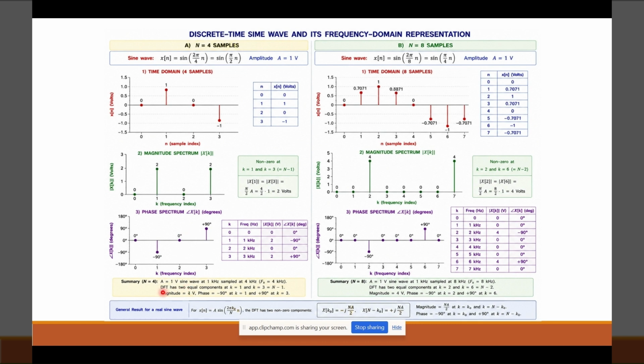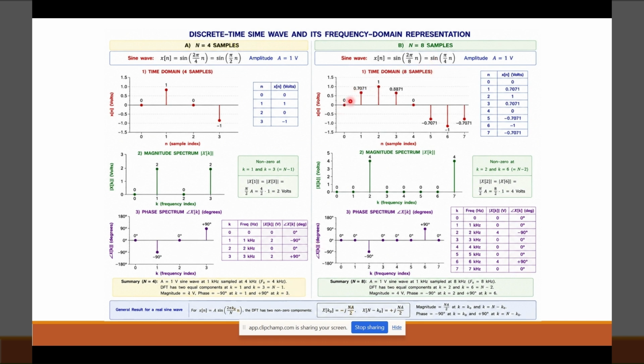So from this, a sine wave at 1 kilohertz sampled at 4 kilohertz, that is, the sampling frequency Fs is 4 kilohertz, has two equal components at k equal to 1 and k equal to 3, that is, n minus 1. The magnitude is 2 volt, and the phase is minus 90 degree at k equal to 1 and 90 degree at k equal to 3. Got it? Similarly, for 8 samples, we can see